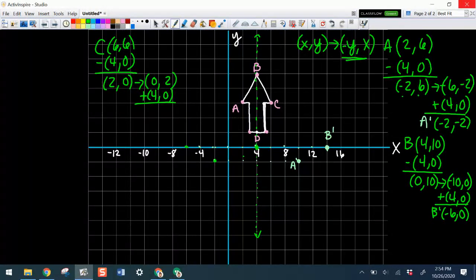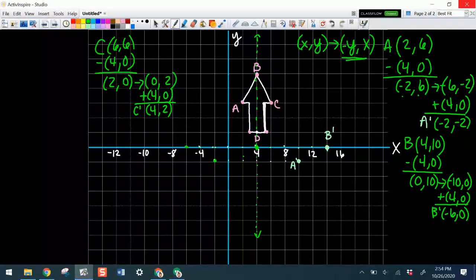0 add 4, we get 4. 2 add nothing, or 0, we get 2. So after the rotation, C prime, this other point over here, is located at 4, 2, which is right here where D was. And then once we reflect, since it's on the line of reflection,